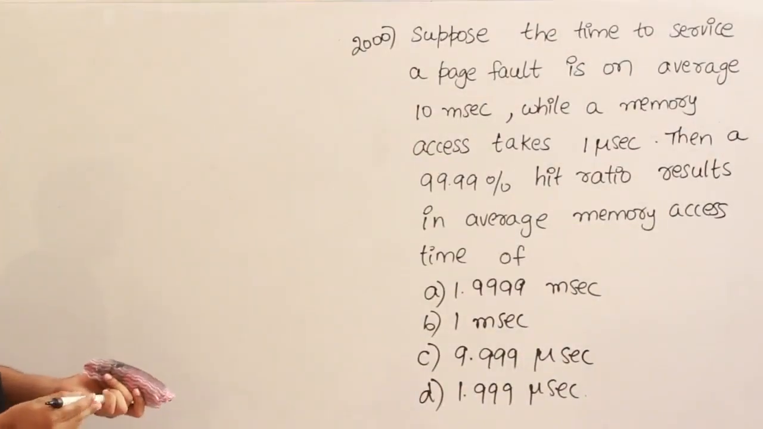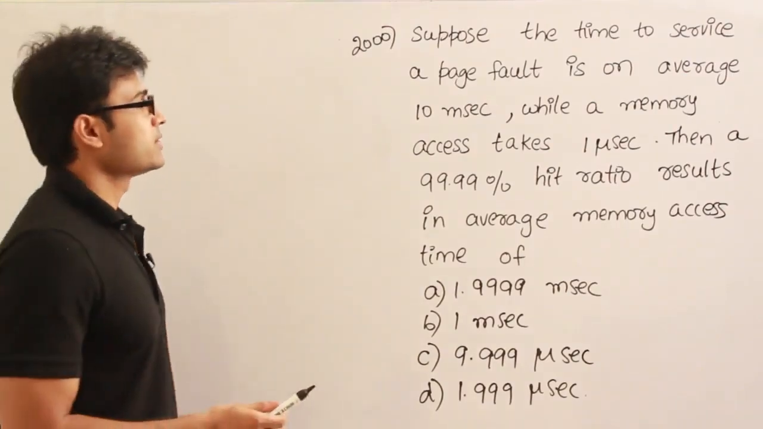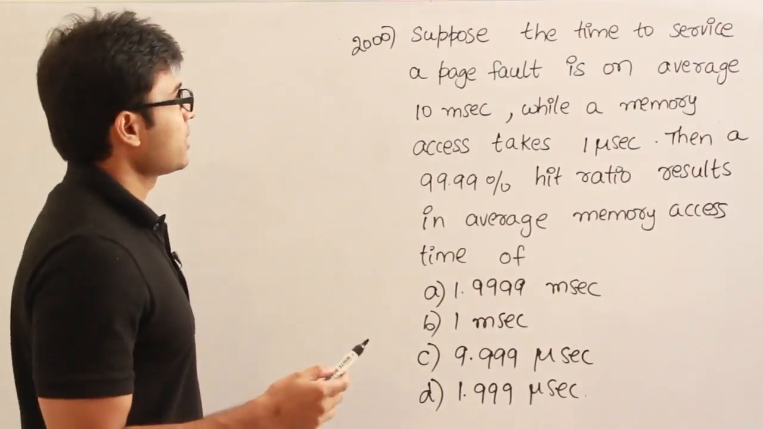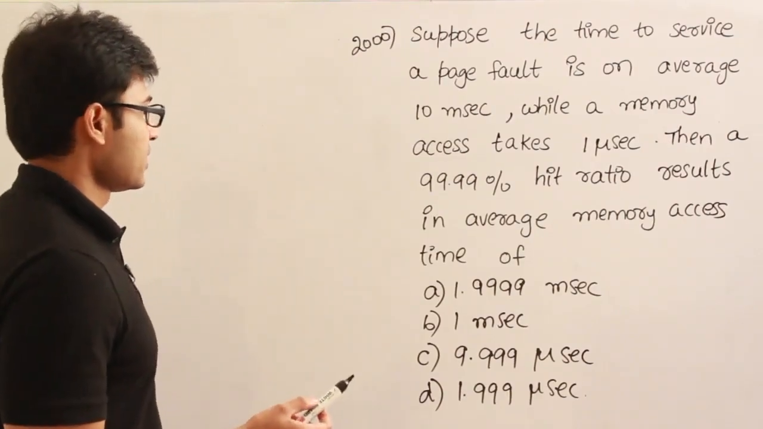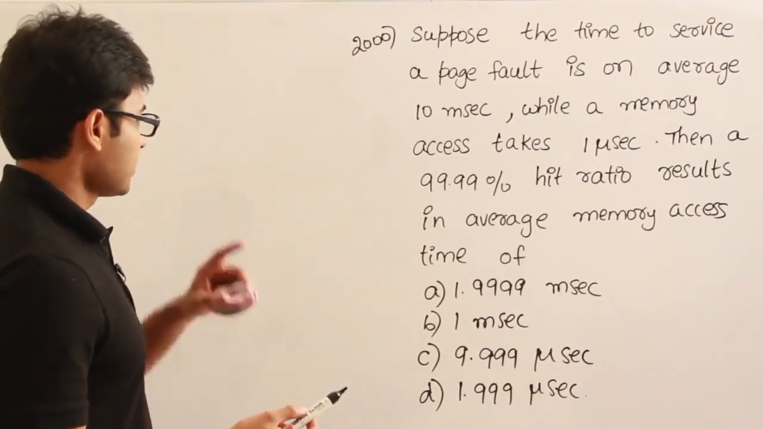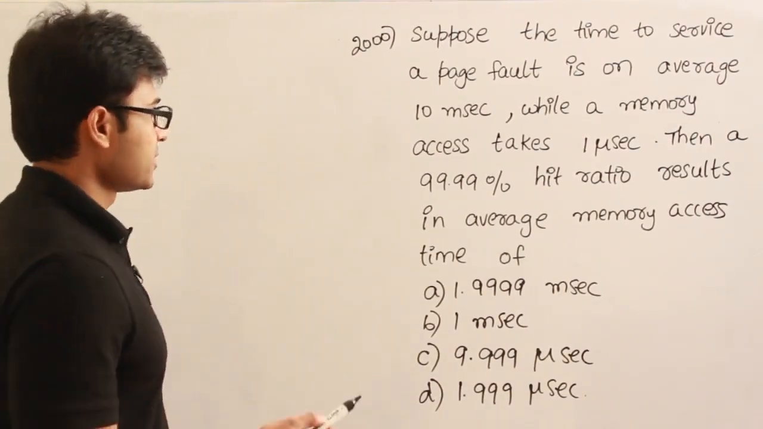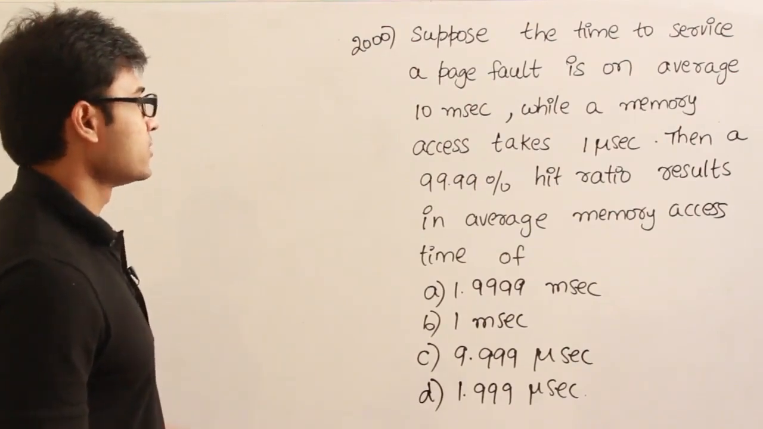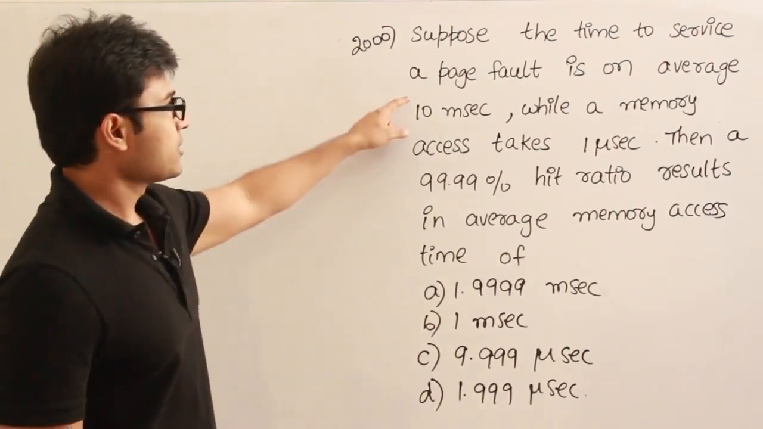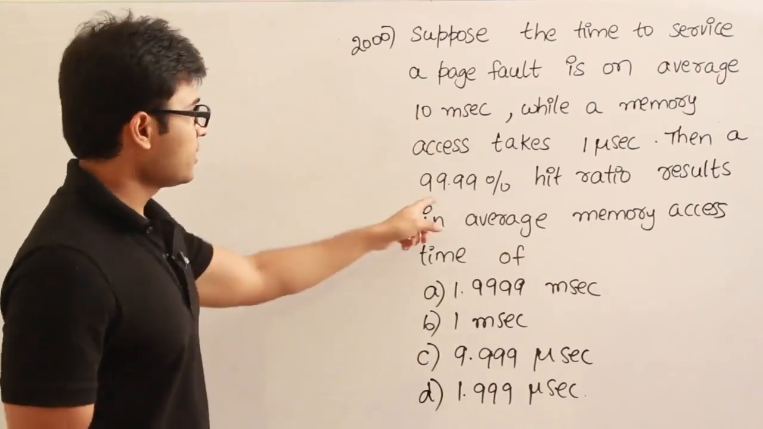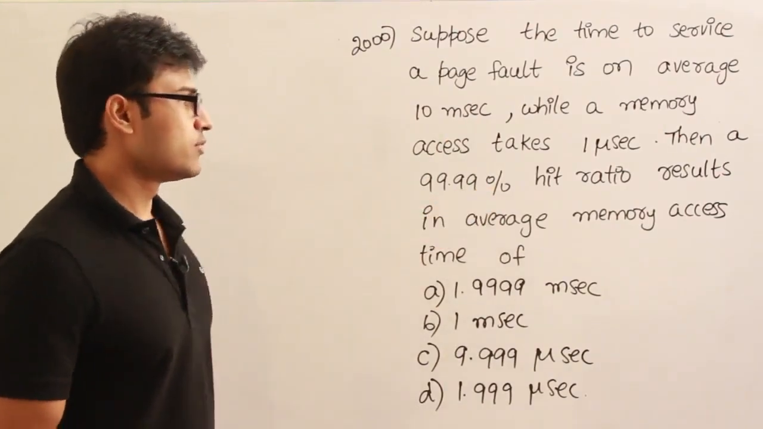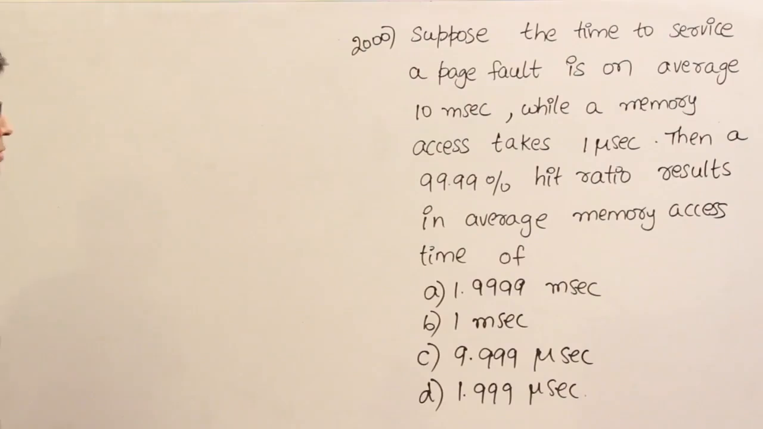Now this question is given in GATE 2000. Suppose the time taken to service a page fault is on average 10 milliseconds, while a memory access time is 1 microsecond. Which means they are talking about the page fault as service time. Service time is 10 milliseconds and memory access time is 1 microsecond, and 99.99% is the hit ratio. If the hit ratio is 99.99%, then they are saying